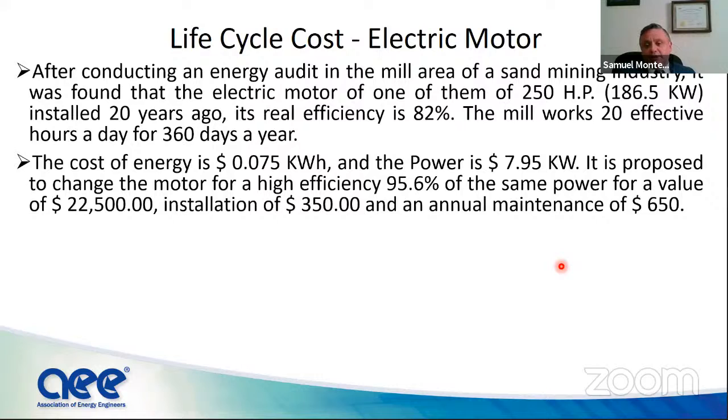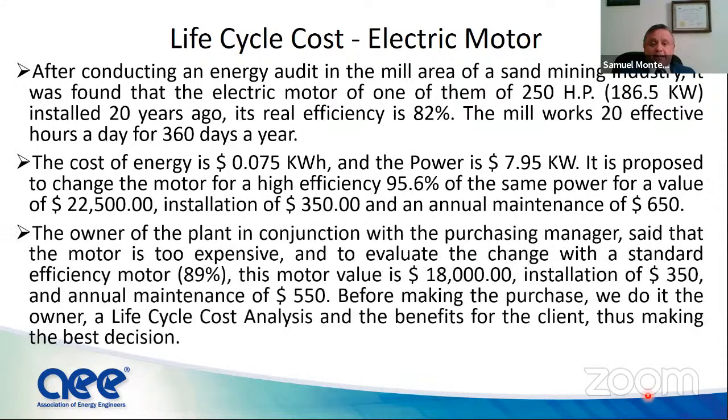installation 350, and the annual maintenance 650. This is a real case. This is very common for us. The owner of the plant, in conjunction with the purchasing manager, say that the model is too expensive, and to evaluate the change with the standard efficiency,